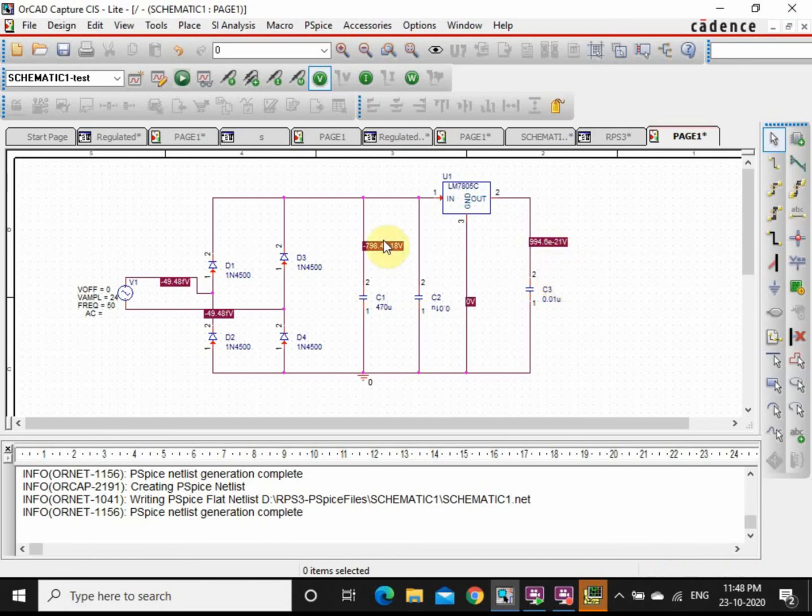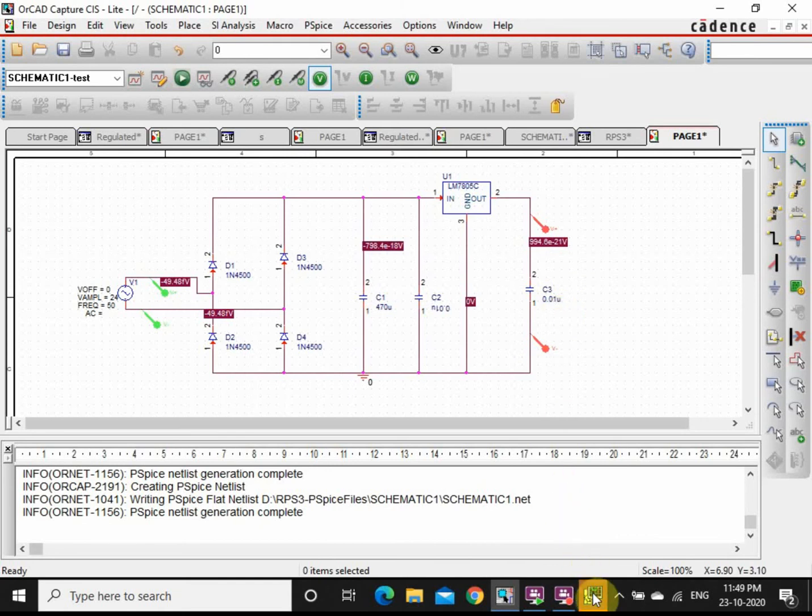Now what we are going to do is go for your differential marker. Select the voltage differential marker. Place your marker here 1, here 1. Once it turns green, that means you will be getting an output at that point. So here this is your marker and this is going to be your marker there. So this is your output. Green color indicates your input waveform and red color indicates your output waveform.